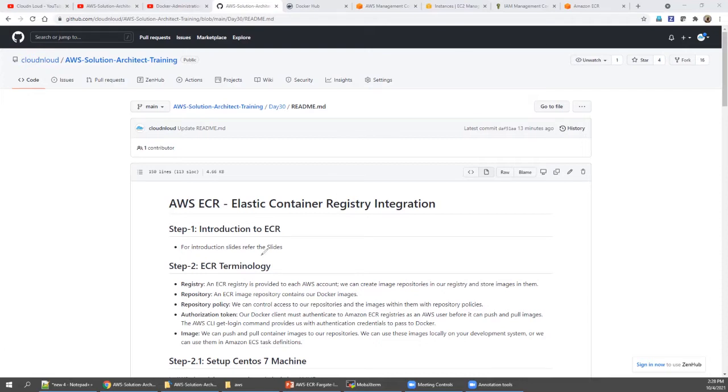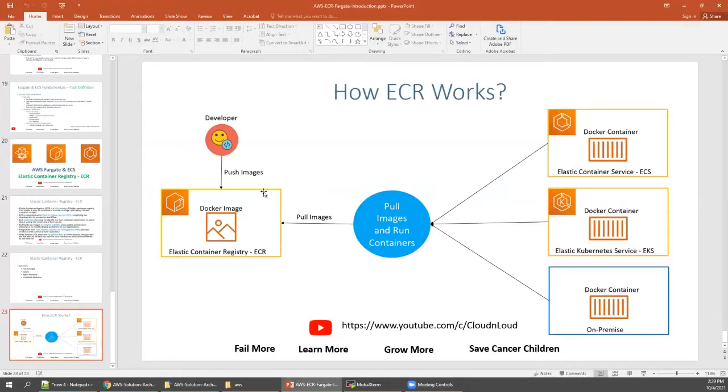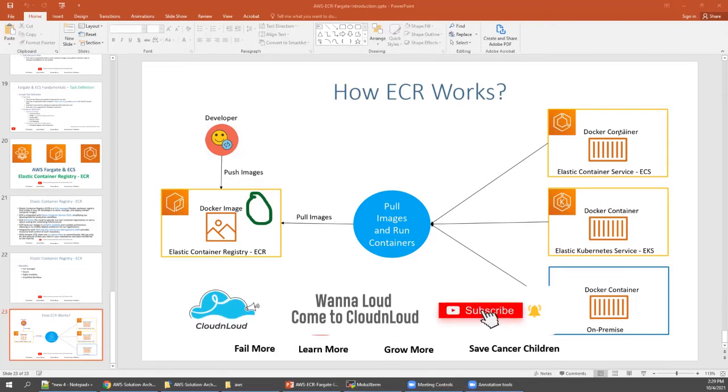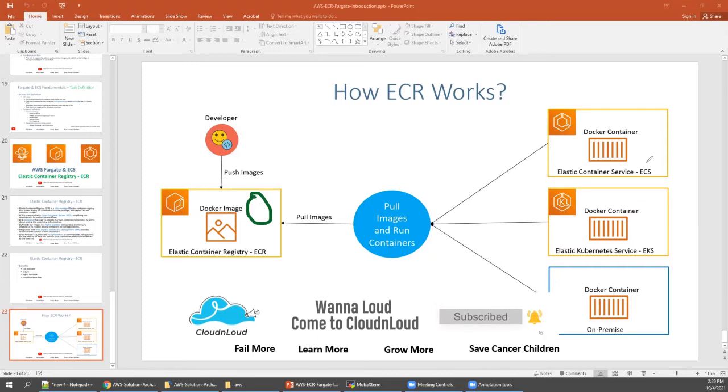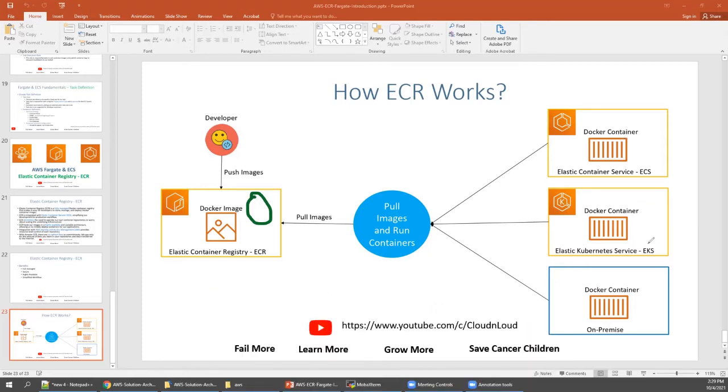So what is Elastic Container Registry? In the last class, during the introduction, we saw how it works. It's similar to hub.docker.com, but it's an AWS-based service they are offering. You can create a Docker image and store it as private or public. Once stored, the image is available, and you can pick it up and spin it up as a Docker container in ECS, or on top of an EKS cluster.